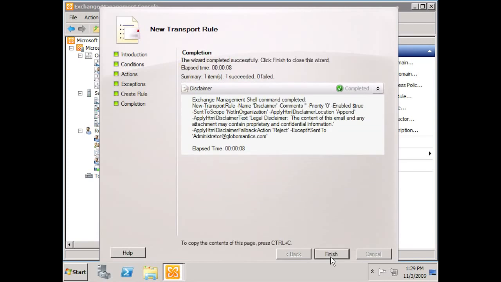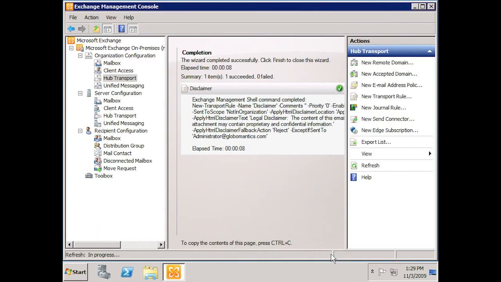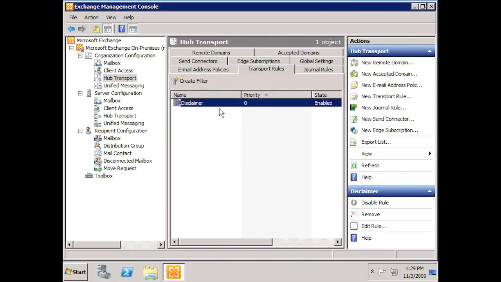And there we have it. We click Finish. And there's our rule. Now you note there's a priority level. If we had multiple rules and we wanted them to apply in different priorities so that one takes place over another, we can actually configure different priority levels. If we open up the rule,